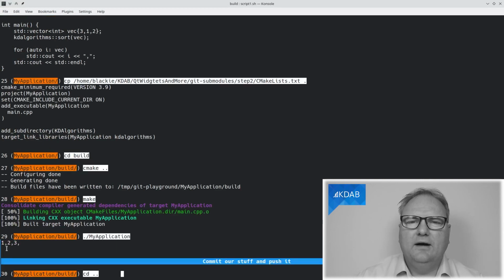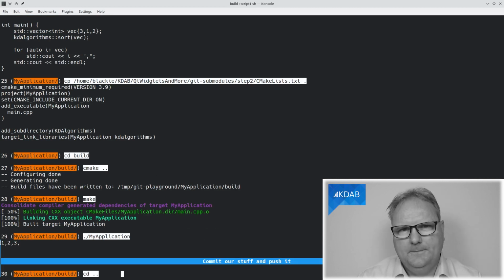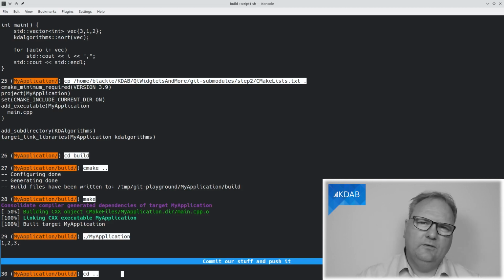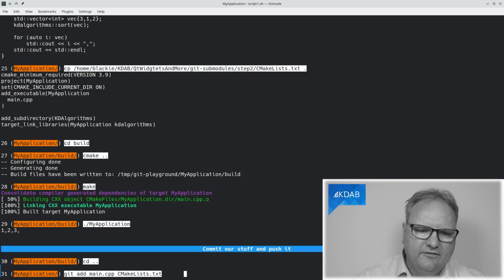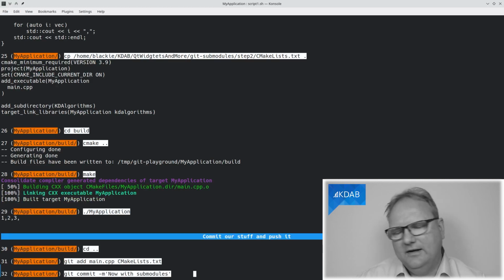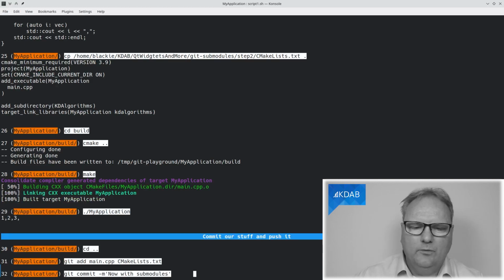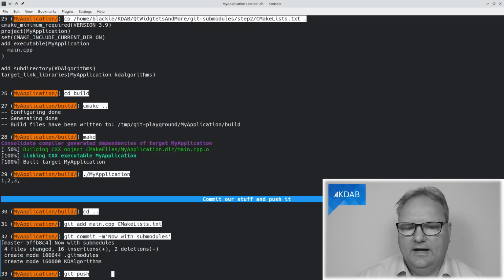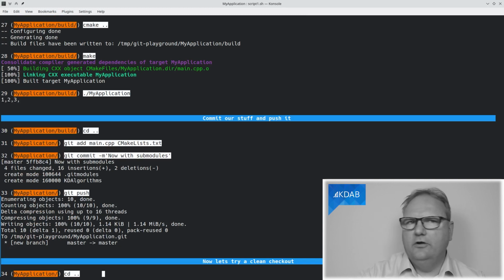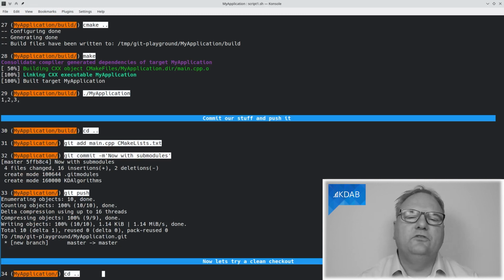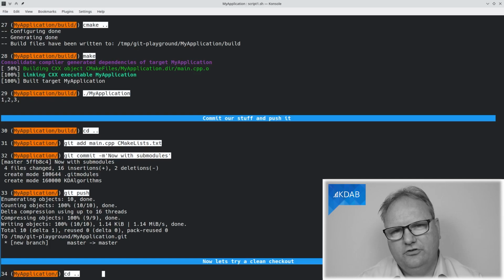As you can see, my 312 is now sorted into 123. We'll do a few things before we continue on. We will commit our stuff, and then let's see what will happen. So I go one level up, I'll add my CMake and my CMakeLists.txt and my main.cpp file. I will run git commit. I will push it. Remember, I was in a checkout called myapplication, but the server version, or the simulated server version, was called myapplication.git, and that one now has my changes.